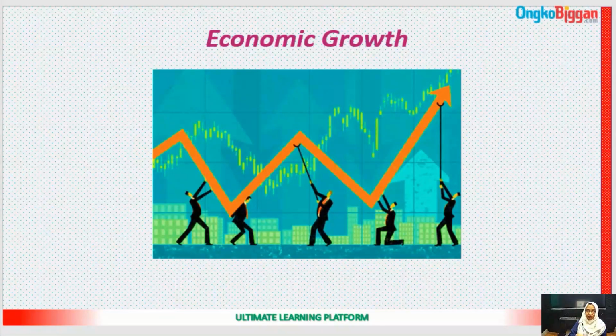So, what is economic growth? At a particular time, the rate of increase of total market value of produced goods and services of a country is called economic growth. And next, the annual rate of increase of GDP is also called the economic growth. How can economic growth be measured? It can be measured by the rate of increase in per capita income. If the per capita income is increased, then we can say that there is growth in the economy.